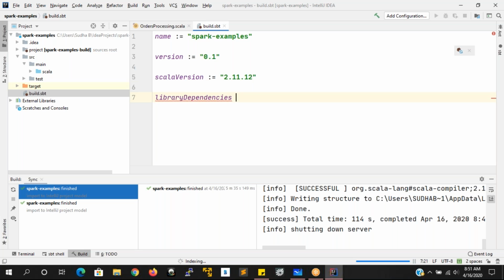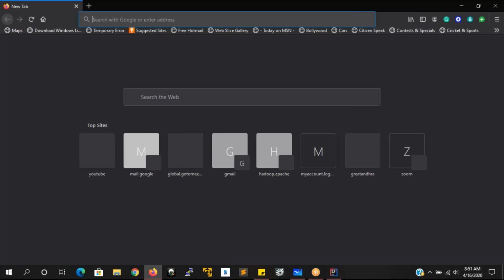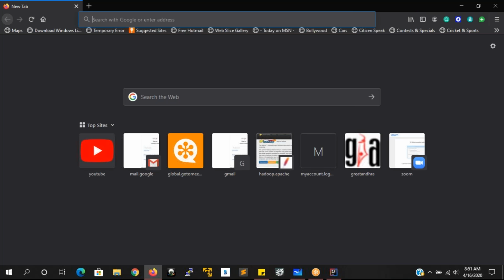So here, what you have to do is, let me take it out. First of all, you have to go to spark.apache.org. You have to know how to link this IDE environment with your Spark applications. That is a very, very important setting. And where can we find this one here? Just give me a second.